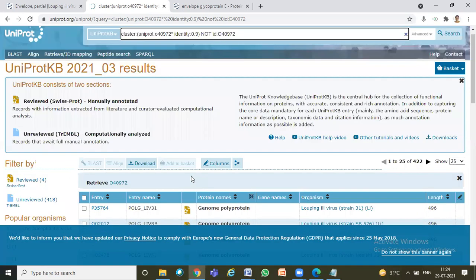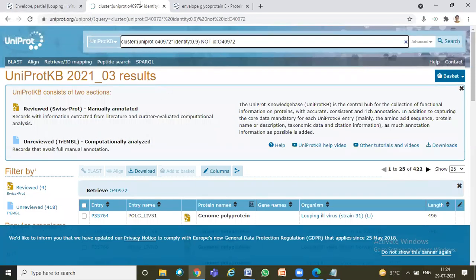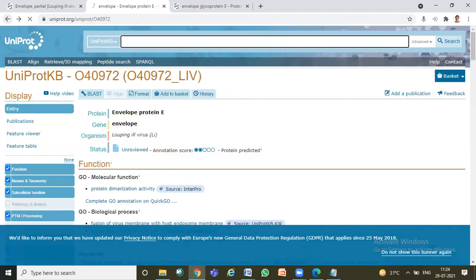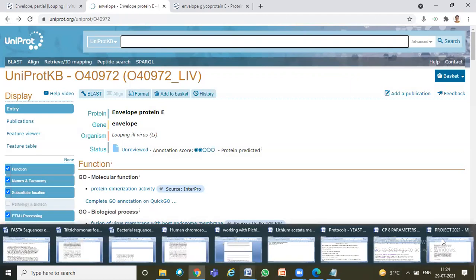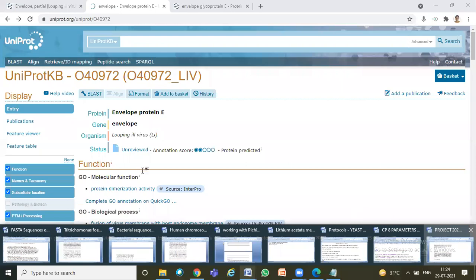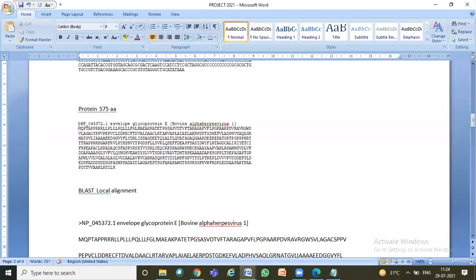So for any protein, you have to follow the same information, right? So this is one very good protein information tool, a database with which you can actually start reading your information in more detail.